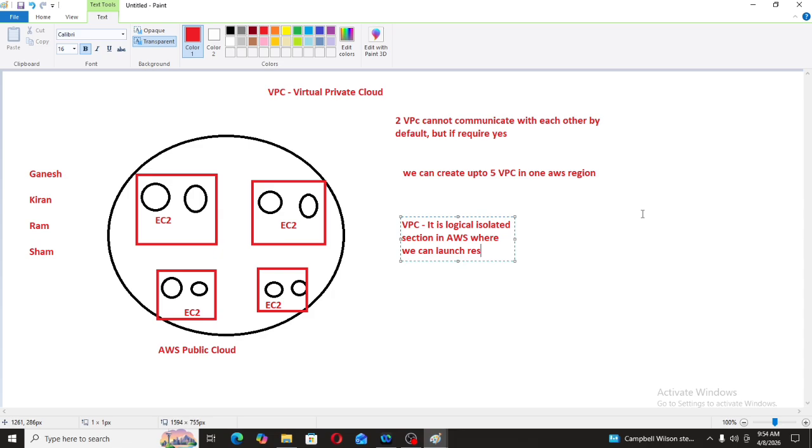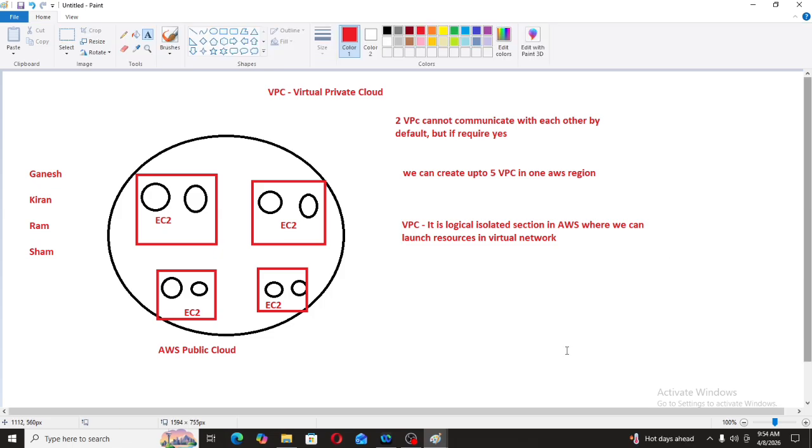It is a logically isolated section in AWS where we launch resources in a virtual network.